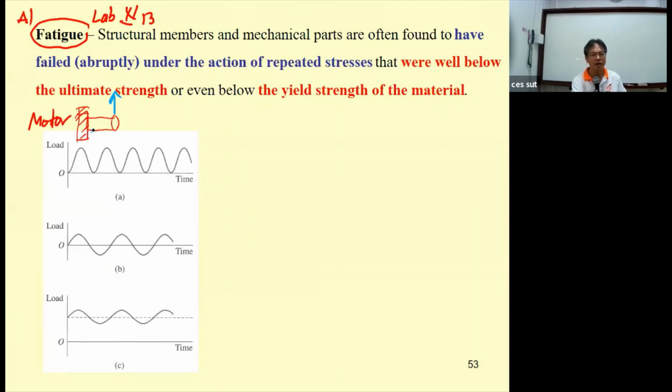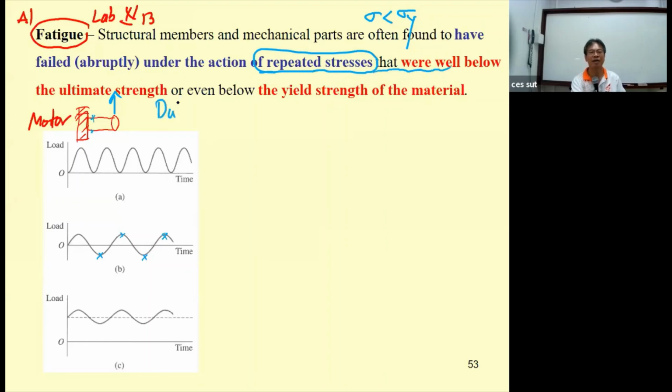So this portion first is in tension. When it's moved to the top, it's going to be in compression. So this one is going to be tension, compression, tension, compression. And by repeated stress like this, even though the stress is less than sigma sub y, when the stress is repeated many times, what happens is the